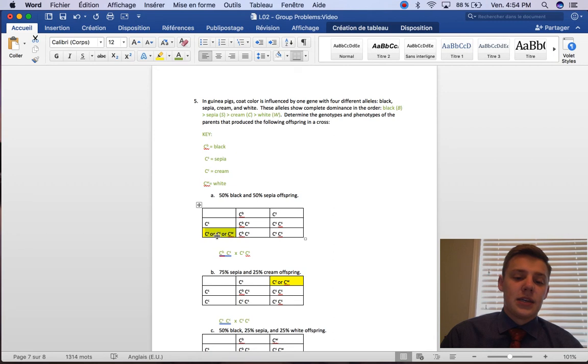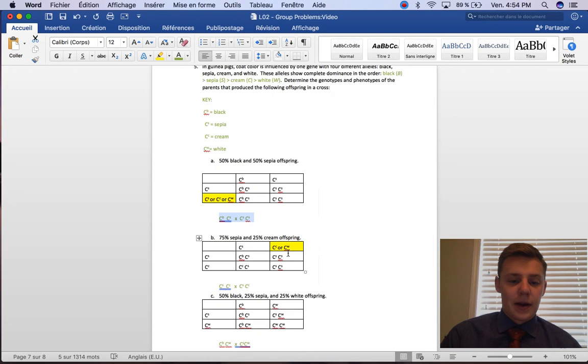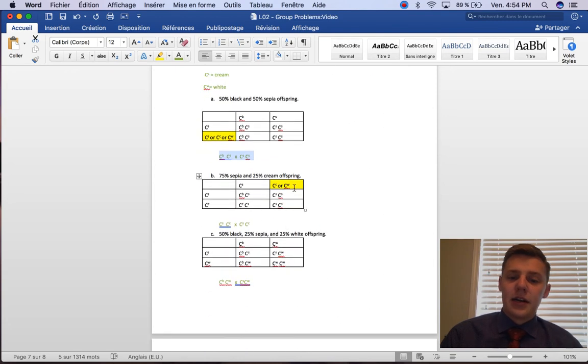However, since SEPA is greater than cream and white, we can have either one of these because SEPA is still going to be expressed over cream and white. So there are multiple ways of how we could write this, but I just did the simpler one. This is the genotype of the parents that we can have. Same thing right here, we can have multiple expressed. This is the genotype for the parents, and we get